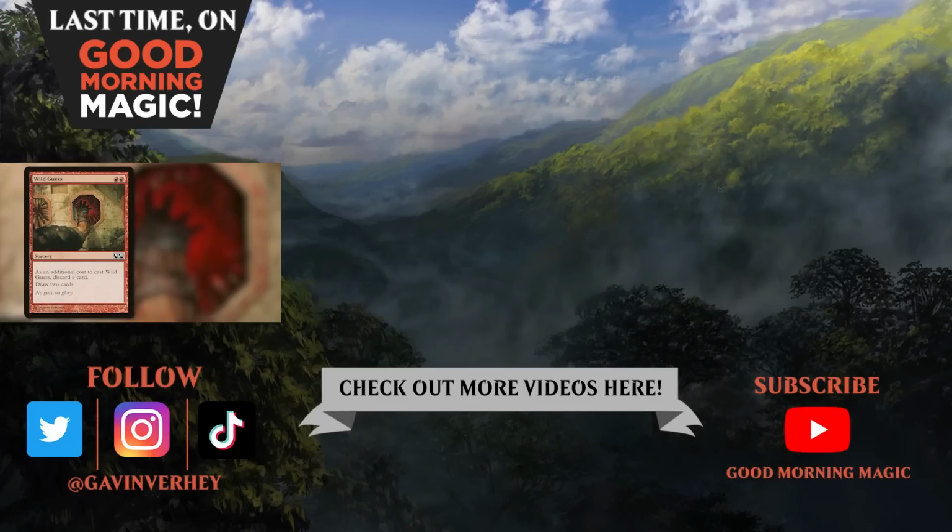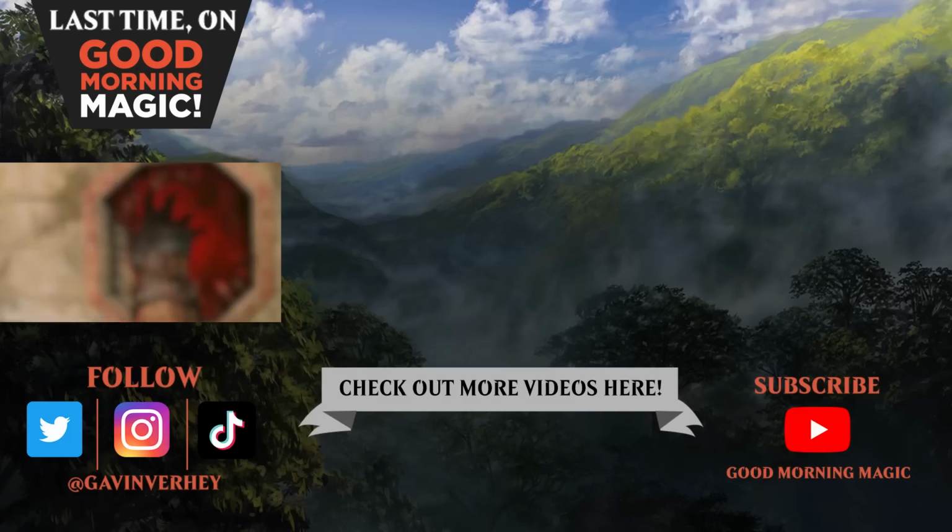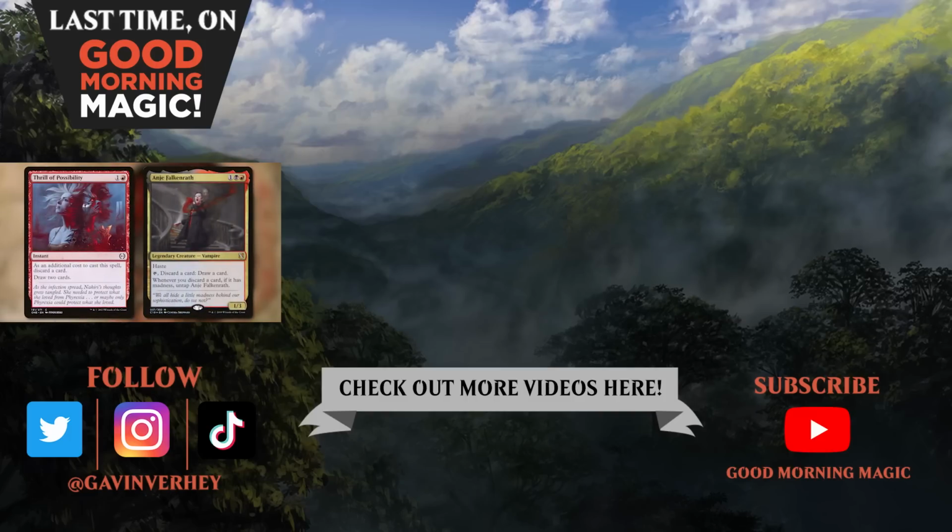This new form of discard then draw was codified into Red. In the same set as Wild Guess, Magic 2013, Rummaging Goblin showed up as Red's form of looter and gave the ability the nickname Rummaging, and that card has been iterated on many times since. We had done it. We had found a successful path. Kind of. These kinds of cards are all fine and good, but if you'll notice,